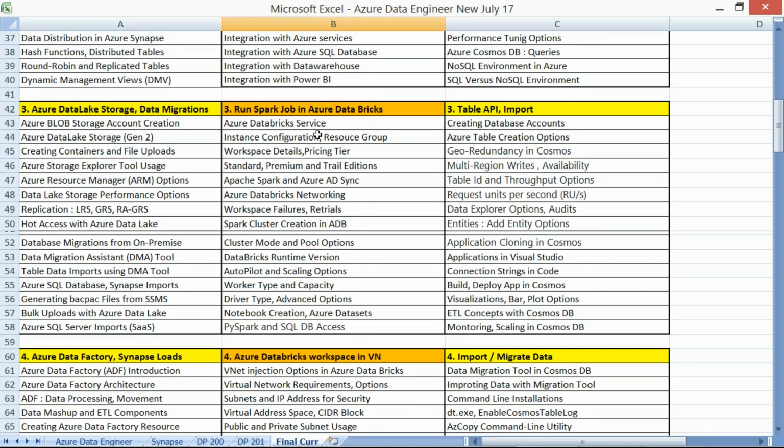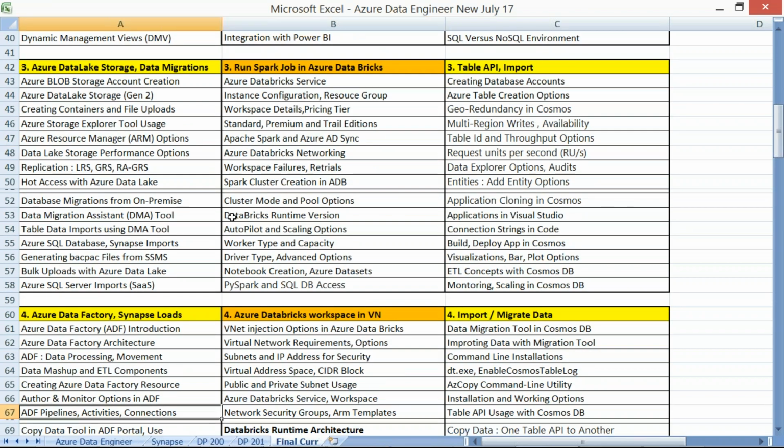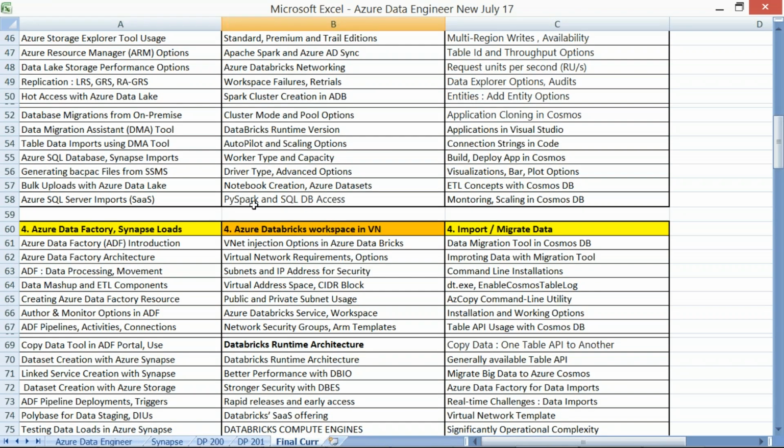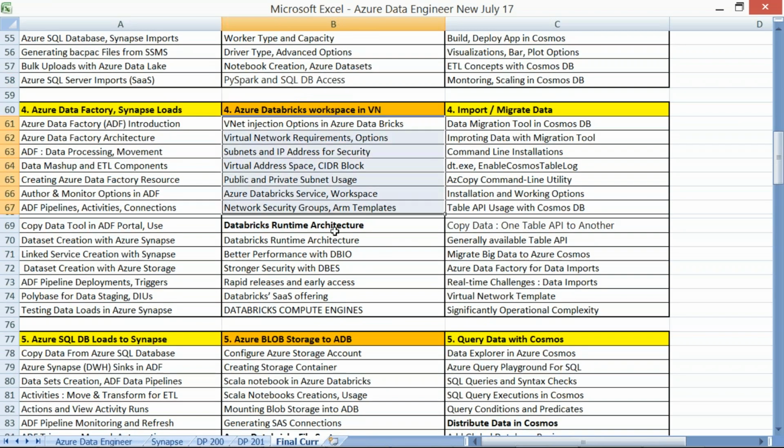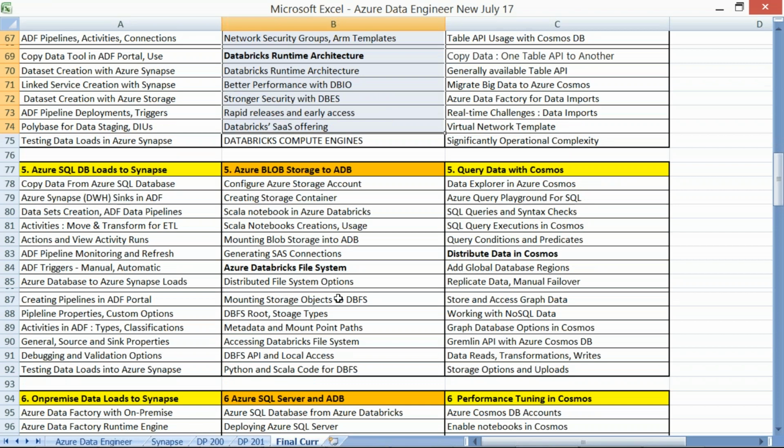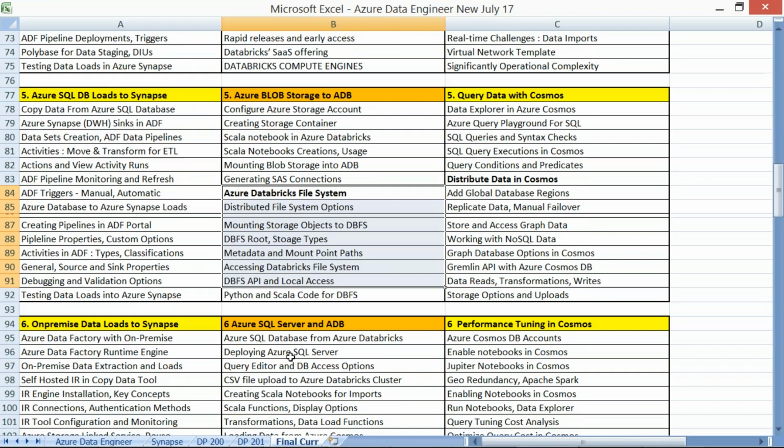In ADF we have pipelines. In Azure Databricks we call them jobs. Different types of jobs, including Python and Spark, we say PySpark jobs. Virtual networks with a complete architecture and blob storage. And we have something else called the Azure Databricks file system, the file system deployments,